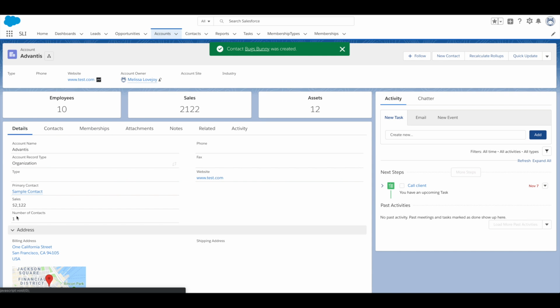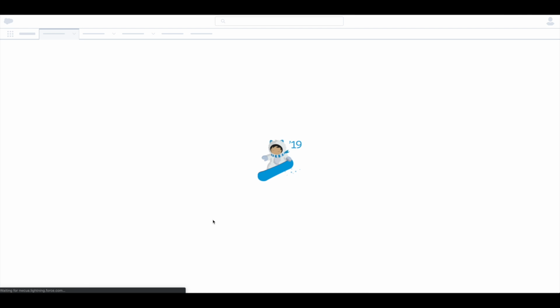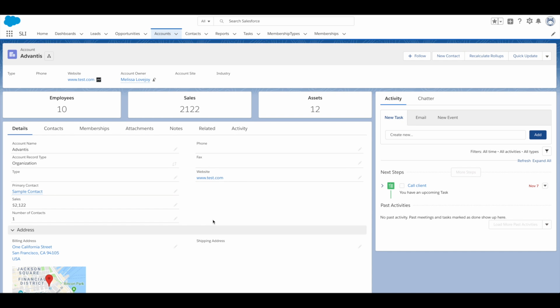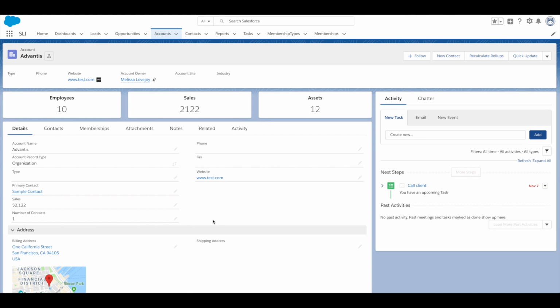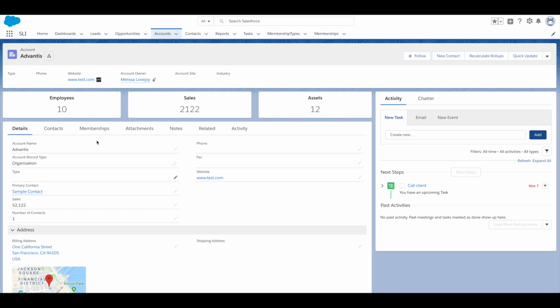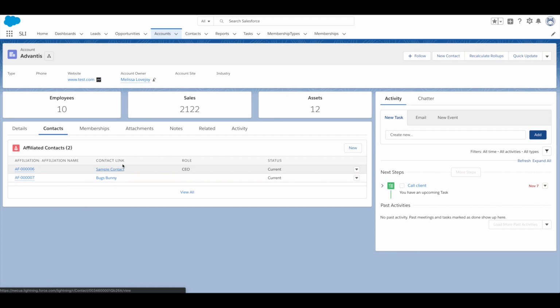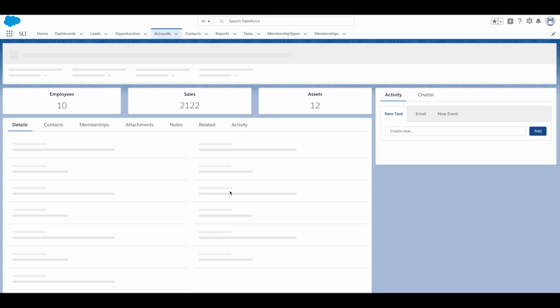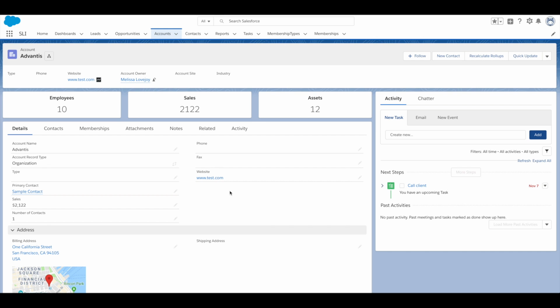Oh yeah, it does, because it's a trigger and the trigger has to run after the record's been updated. It does take sometimes just a second for that trigger to run. I think it runs in a batch mode, so it just takes a second sometimes to update that. But you'll notice in a second it's going to update that to 2 because we added another contact. So now we have this really rich summary data that we can utilize,